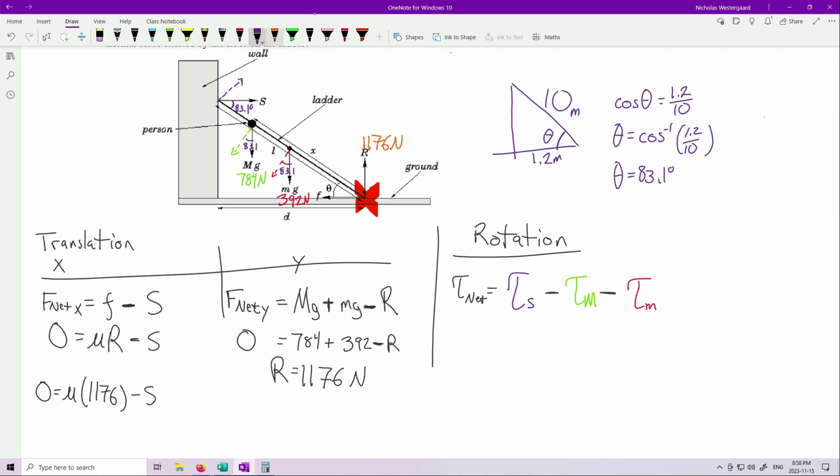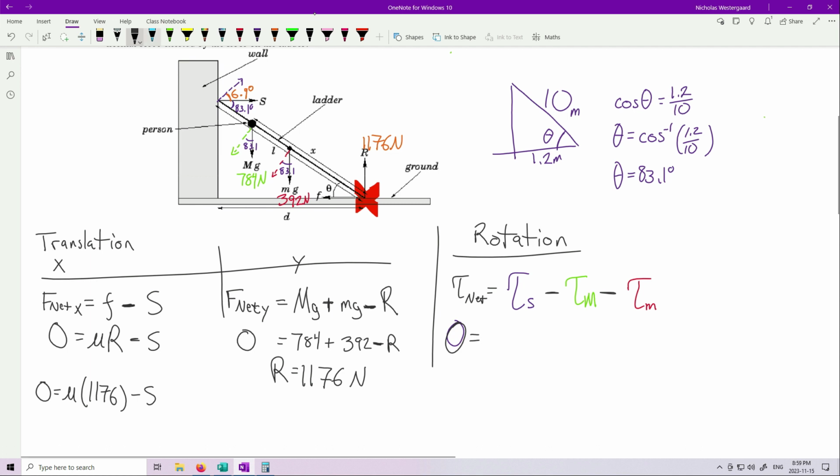So if I wanted to find out S, this is a perpendicular component to that. This is an 83.1. This is going to be 6.9 degrees because it's complementary. 6.9 and 83.1 makes 90. So that's going to give me a little bit of flak there. Let's see, we got 0